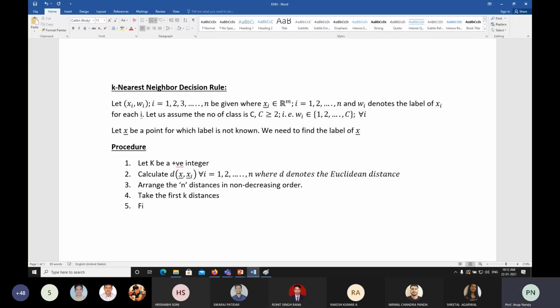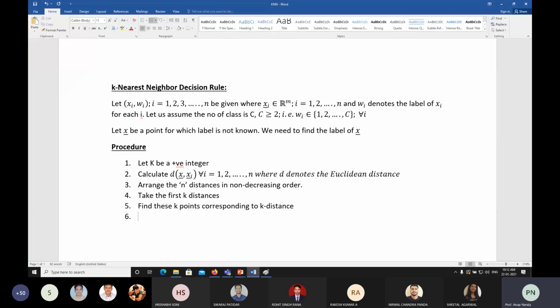So that's why the next step is to take the first 3 distances. Next, find the points corresponding to the k distances. It means we have to find how many points correspond to